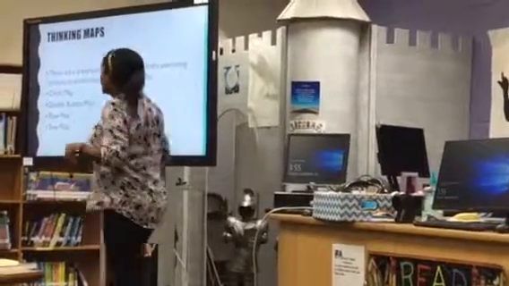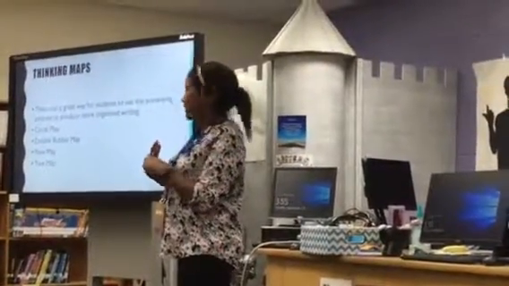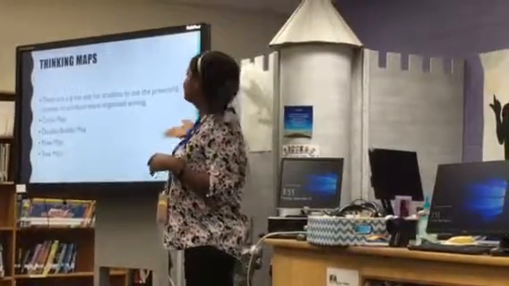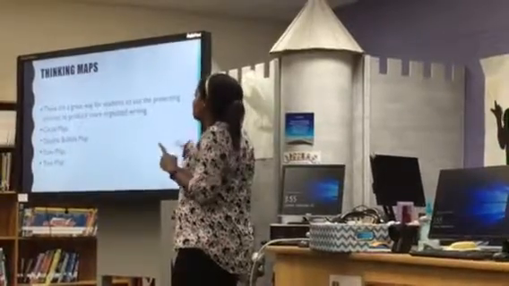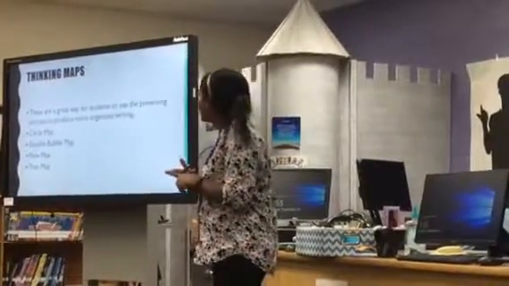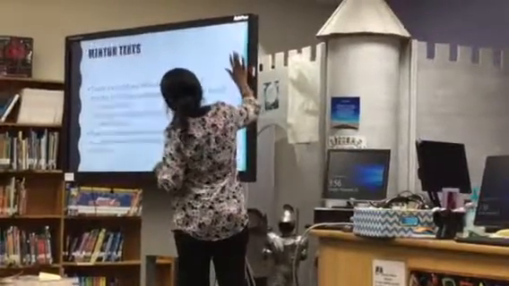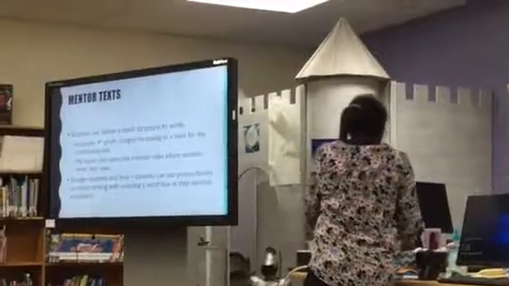Also, tree map. That's a really good idea, especially when you start doing the 5-paragraph essays, that you have the flow map and tree map together to have your information flow and you have your details. So mentor texts are also really good because in the past,